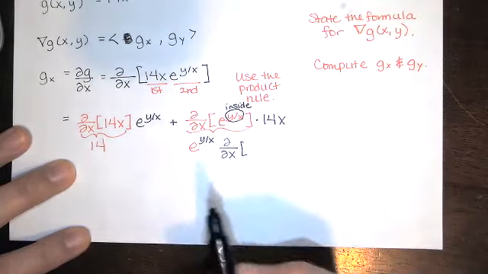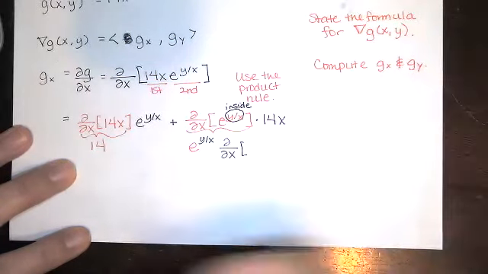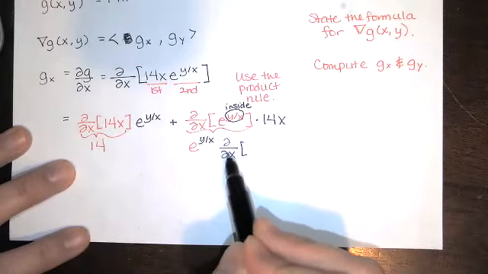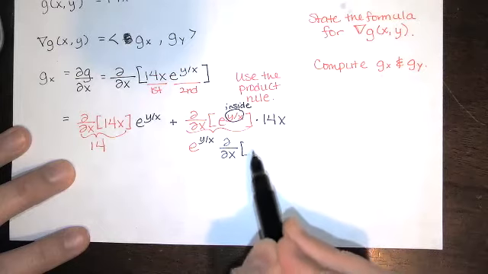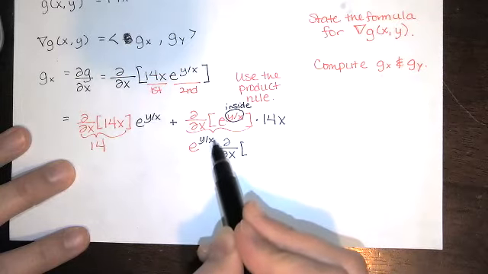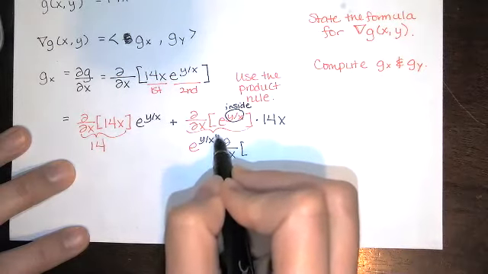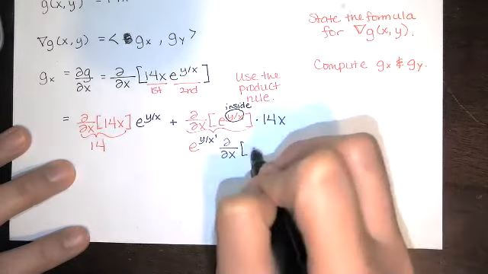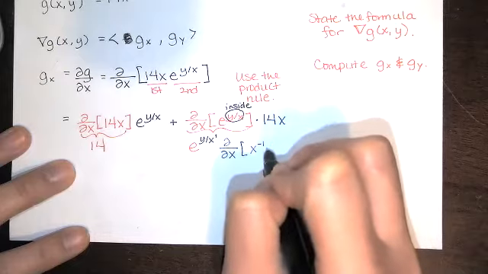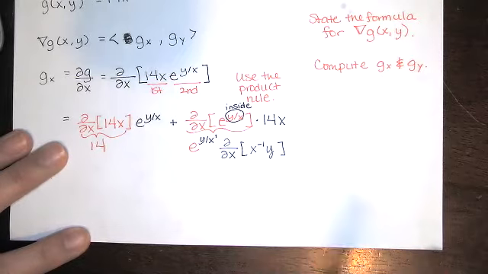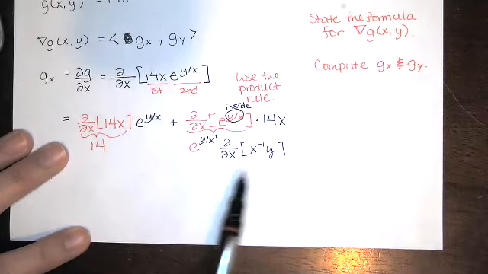Now you can leave it like this and do the algebra later, but I think it would be easier if I did the algebra right now. So instead of writing y over x here, I'm going to bring that x up to the numerator. When I bring it up to the numerator, that changes that positive 1 power to a negative 1 power. And what we get is y times x to the negative 1. Either one is fine. So I have e to this power